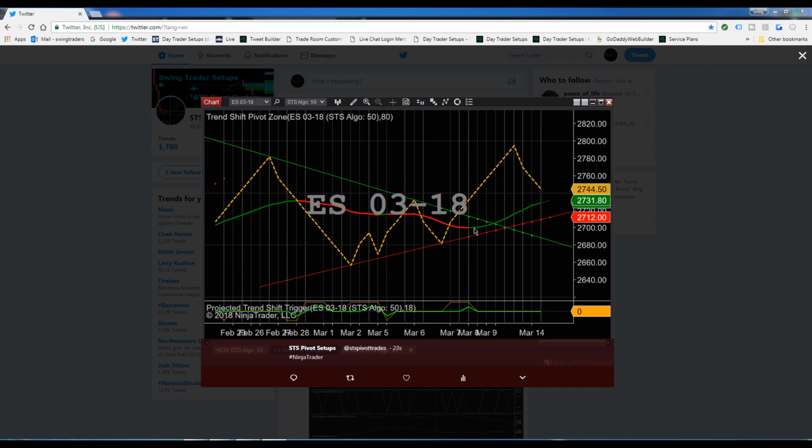We broke into our green zone for the bigger time trend, and you see this pullback, and what we've been showing you on these charts is how they'll pull back and revisit this green zone area and then retrace and go. So this is setting up. If this doesn't give way, there's no guarantee what it does. It comes back down right here and it went through it. But this is setting up where we're not at the peak of the uptrend. We're trying to start a new uptrend, and we're pulling back here, and we want the market to hold